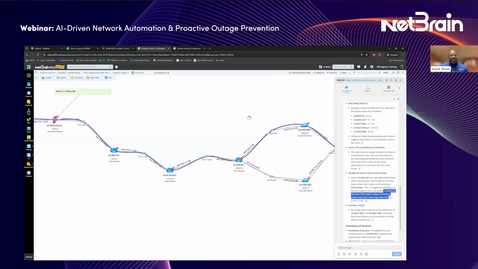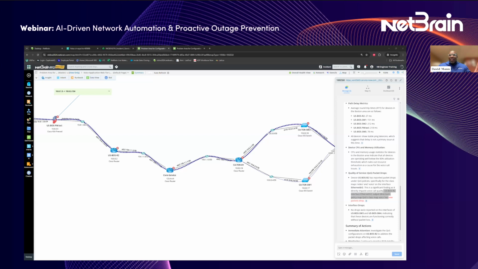Yeah, I think the possibilities are endless with this. We just saw an example of how you can quickly diagnose if there's a network problem, but I think you can also flip that on its head and do just the opposite. You can quickly diagnose if there's not a network problem. We've all been engineers, and often what happens when there's an issue, everybody wants to blame the network as to what the problem is. So we're trying to quickly figure out what's our mean time to innocence to prove whether or not there really is a network issue. And with this, actually, you can take that mean time to innocence down to 0.